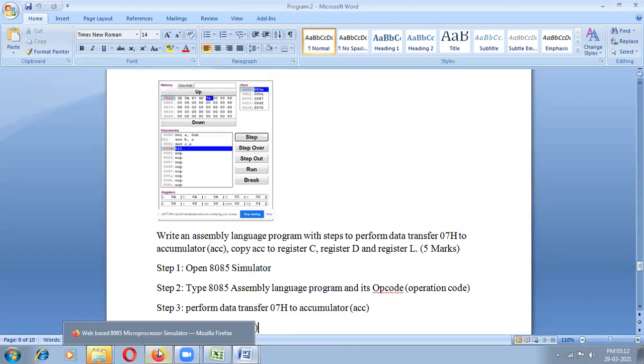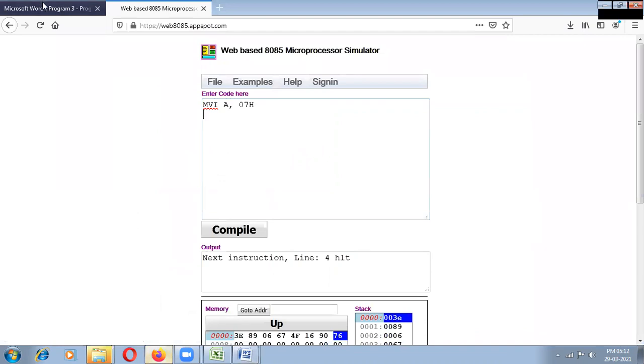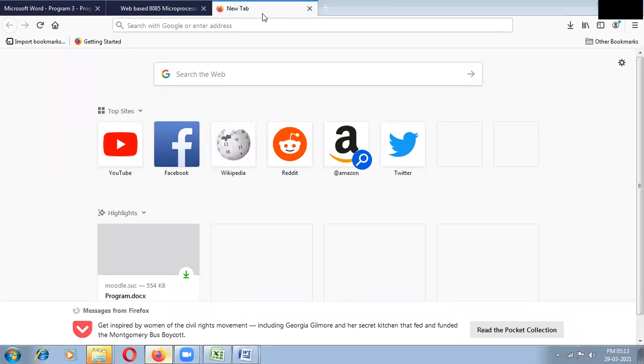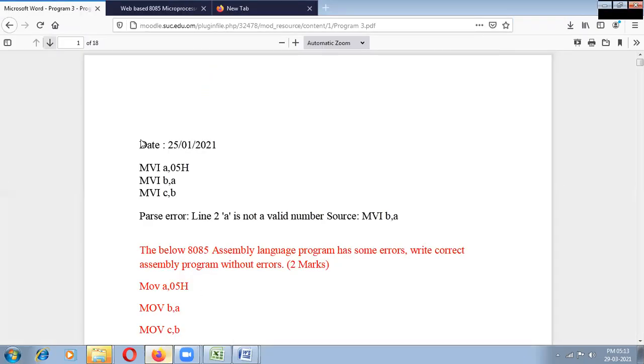Doctor, where is this program? Go to Moodle. Oh, I close the Moodle. No problem. Go to Moodle. Moodle, practical 1, practical 2, everything clearly given. Okay. If you log into the Moodle, it will come. I close the Moodle because more programs are running together. That's why I closed. So it is available. Everything readily available for you.